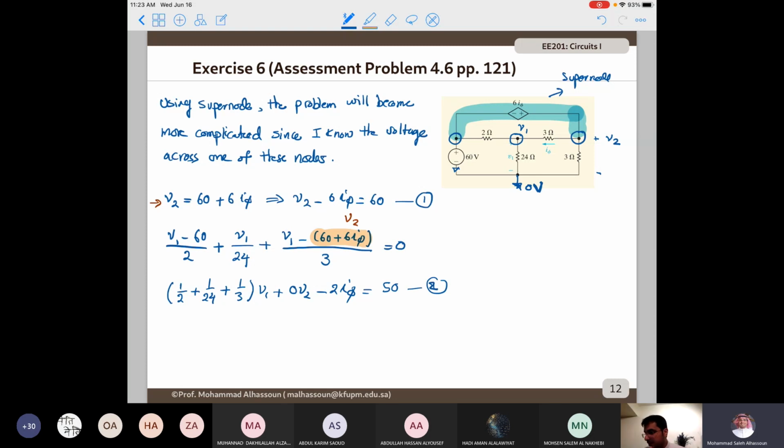So I have V1, V2, and V3. I can leverage the fact that I can easily relate V2 to IV, so I eliminate the need for knowing V2 here. So now let's try to find IV. IV will be V2 minus V1, which is 60 plus 6 IV minus V1 divided by 3. And if I simplify it, I will end up with